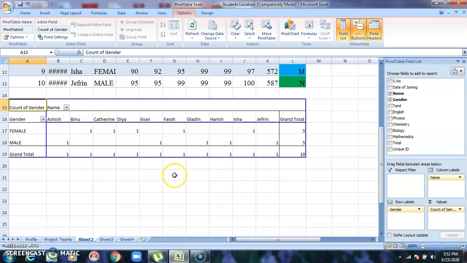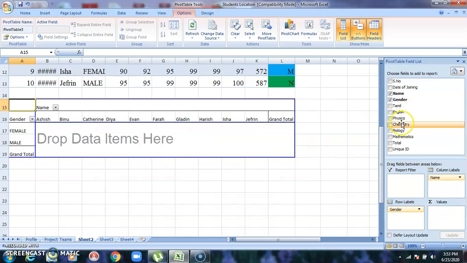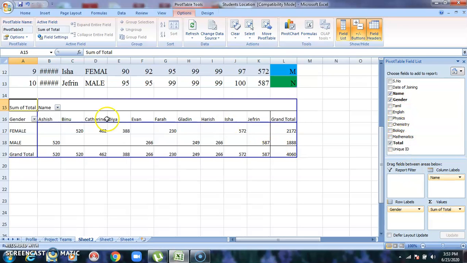Now if I am going to compare their total, what I have to do is just click this, put this back. Okay, now I am comparing their total. You can see the total scored by the female candidates as well as the male candidates is given. And the total of the individual students is also placed here. Okay, you will also get the grand total, based on which you can come to a conclusion whether the female students have secured higher marks or the male students. You can see here